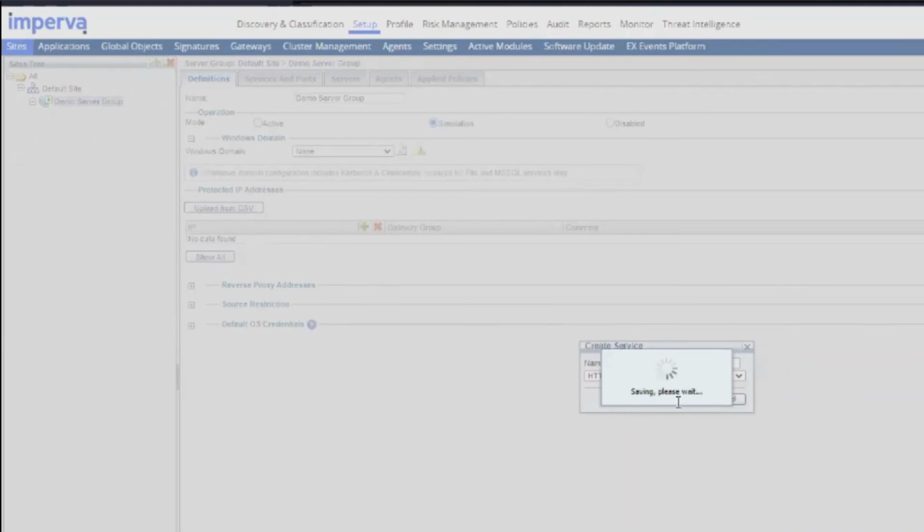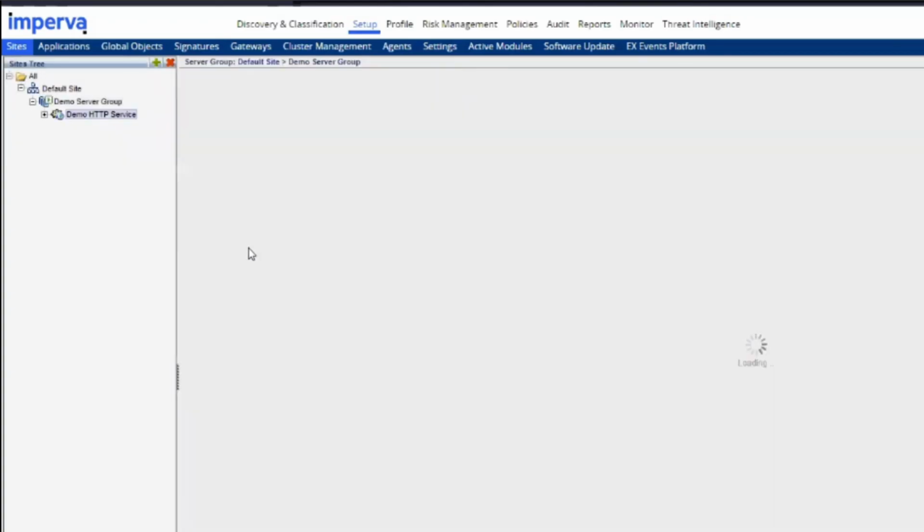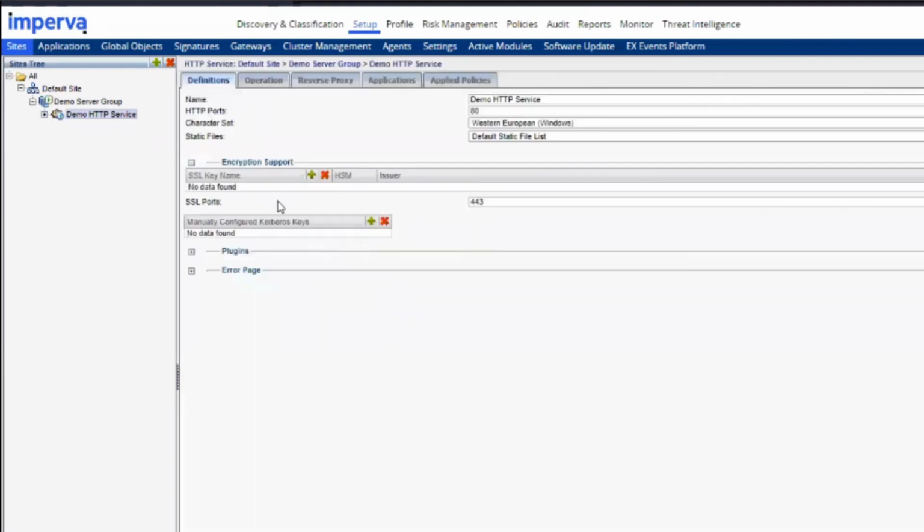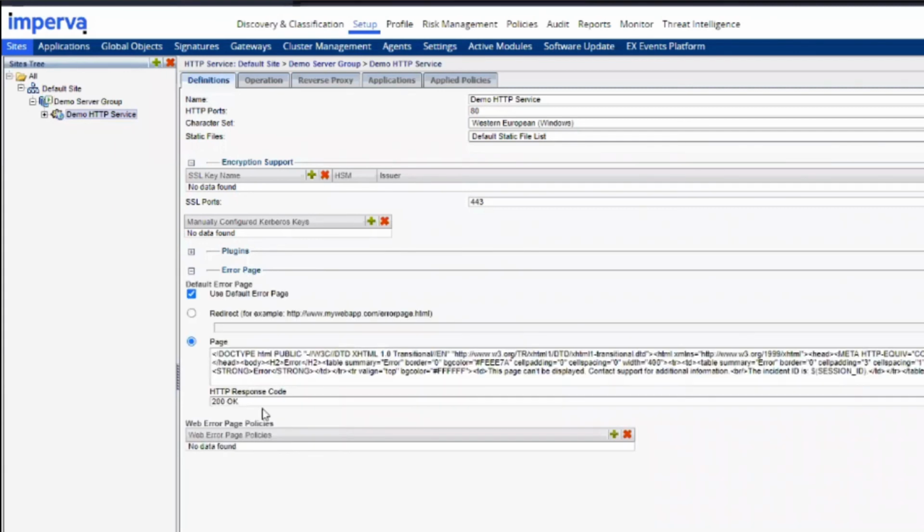This is the service layer. So this is where the HTTP protocol policies are going to live. This is where we're going to upload the SSL server certificates at this layer. This is where we would define which header to read for X-Forwarded-For, and which header we want to pass as X-Forwarded-For, if you're in proxy modes, like reverse proxy or NGINX. This is also where we will configure the error page.